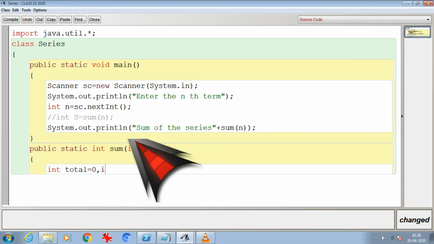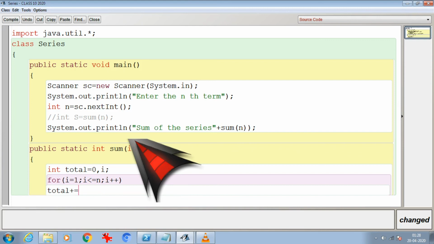I will write for i equal to 1, till the i term is n, with the value i plus plus. How am I forming it? It is 1 into 2, 2 into 3. So whatever my term is right now, it is going to be a shorthand operator.